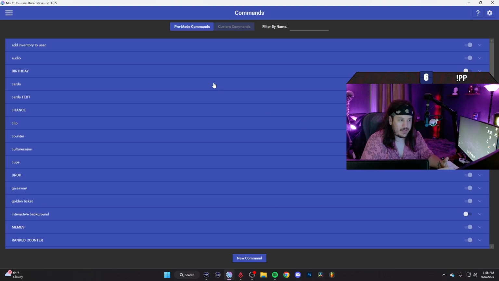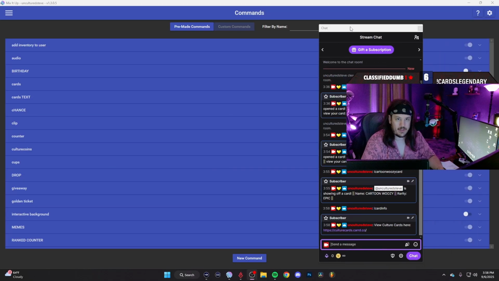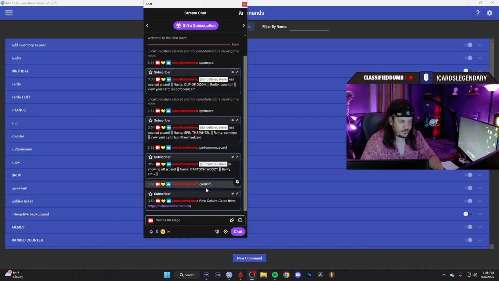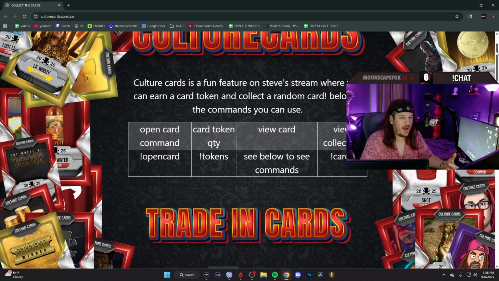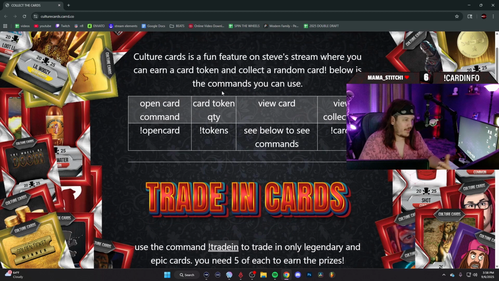One other thing I did was exclamation point card info. I have a command set up, exclamation point card info, and there's a website that I made just for information about all the cards on the collect the cards feature on my stream. So it has the command, the tokens that you need, view card command, see below,